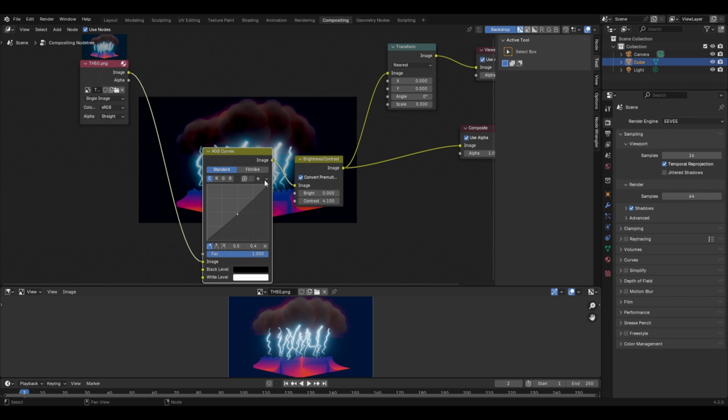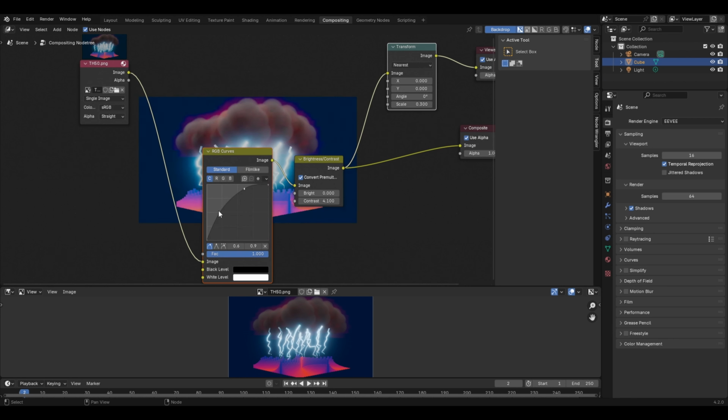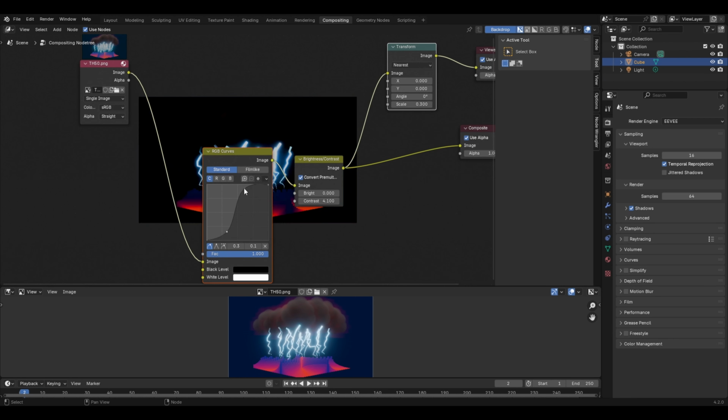Also, there is one more use of the RGB curves node, which is to control the contrasting in the image. If you remember, we understood about the contrast option in the brightness contrast node, and you can achieve the same result by using the RGB curves node also. So for this, you simply need to create a point over here and move it up, then create another point over here and we'll move it down. So we need to make a curve which has an S-like shape, and by using the position of these pointers, you can control the amount of contrasting and the way your image looks.